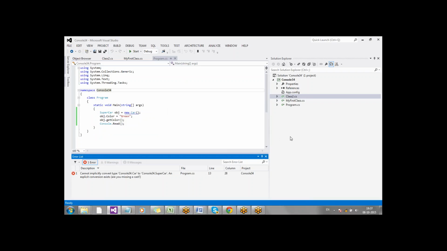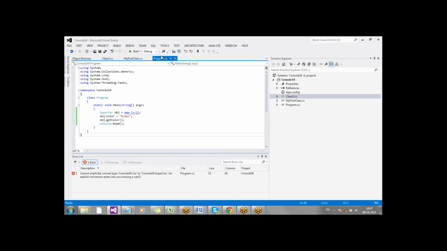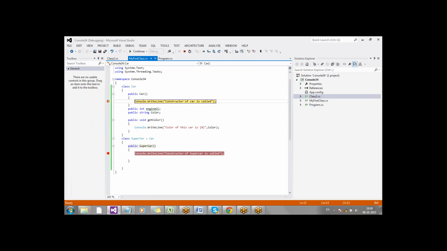Will it execute? Good. It will not execute. Can I create a statement like this? Will it execute? It executes, right? Got it?